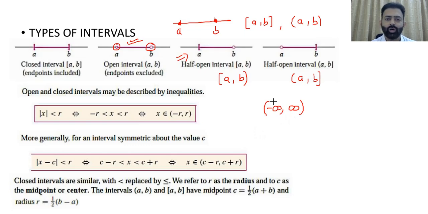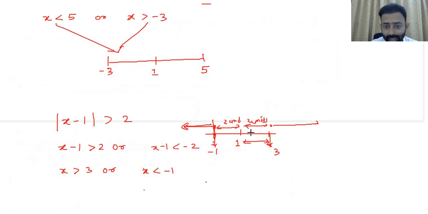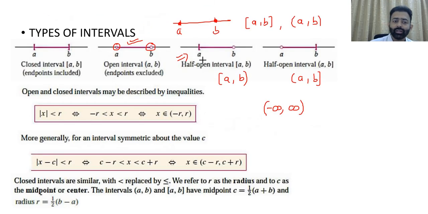Now how can we represent these intervals? Earlier it was modulus inequality and we were dealing with intervals. So how can we represent the intervals using the modulus inequality, and vice versa, representing an inequality as intervals? Questions can be about representing intervals in terms of a modulus inequality. So how can we use this? It says that if any inequality is of the type mod of x minus a is less than r,